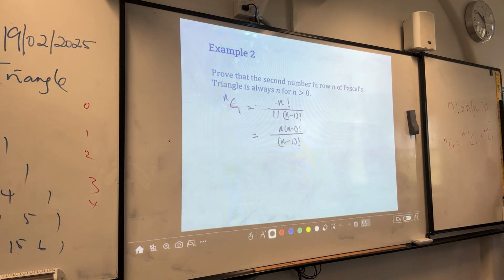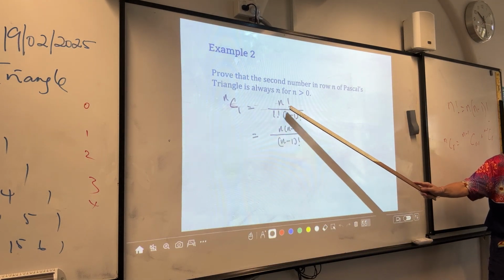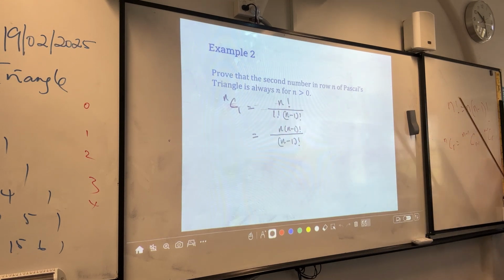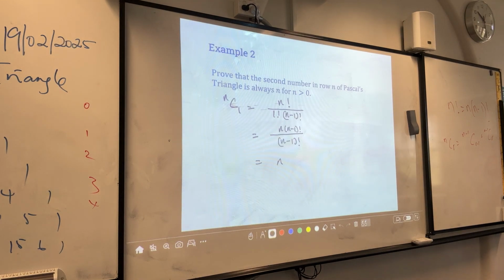Again, what I've done here is, you know 1 factorial is 1. So from here to here, I manipulated that. See, this is so powerful. N factorial equals n times n minus 1 factorial. And therefore, nC1 is equal to n for n greater than 0. We don't have to worry about the very first one, the very top bit, which is n equals 0. Alright,